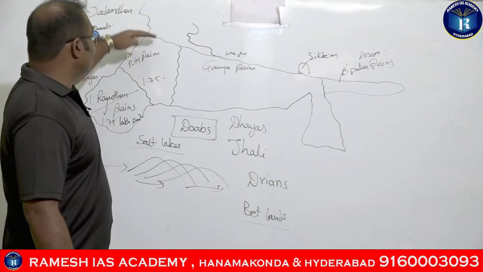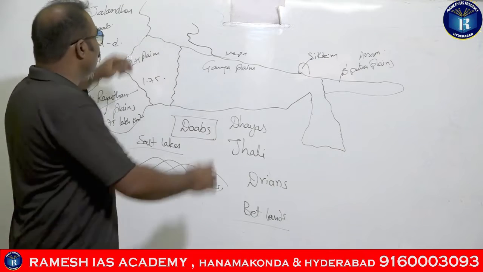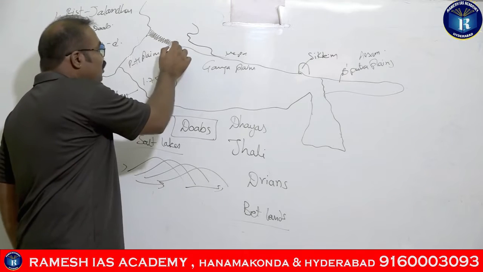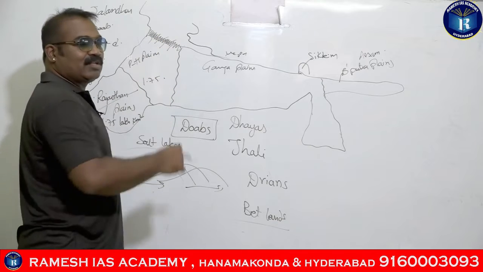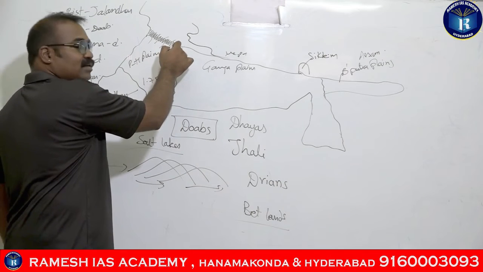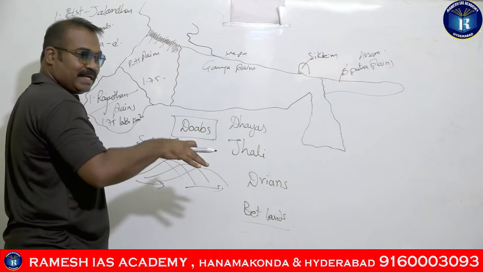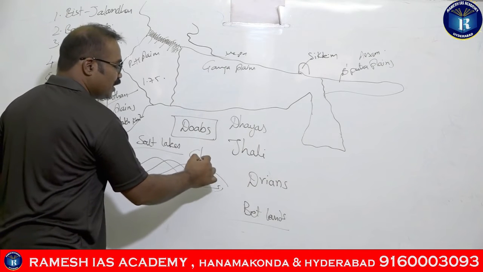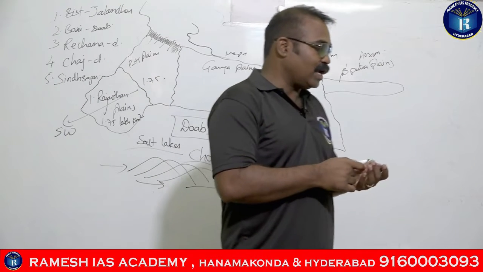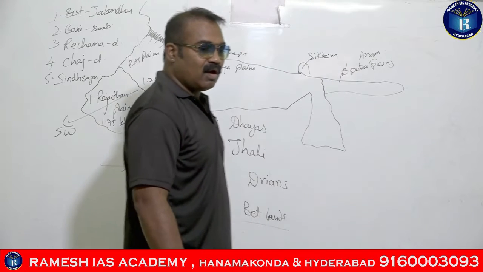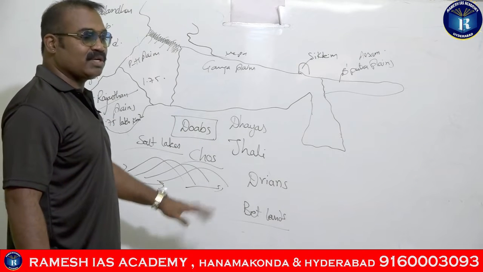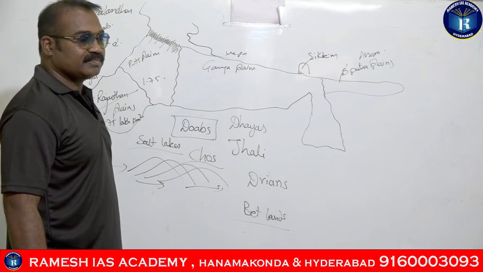Towards the northern side of the Punjab Haryana plains, guys, you have the Shivalik ranges. From the Shivalik ranges, several streams enter the Punjab Haryana plains and erode the plains here. The eroded regions of the Punjab Haryana plains are called the chos, C-H-O-S. This was a prelims question in optional geography, guys.